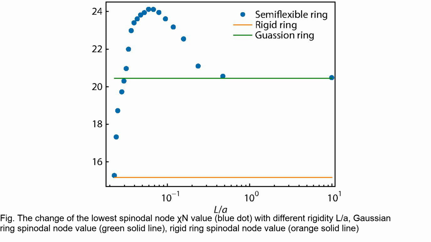As the rigidity approaches infinity, the blue dots converge to the orange solid line, representing the spinodal node of the corresponding rigid ring. The significance of Figure 8 is that it provides insights into the phase behavior and stability limits of the cyclic diblock copolymer system. It shows how the spinodal node, which characterizes the order-disorder transition of the system, changes with the rigidity of the cyclic chain. The graph demonstrates the transition from flexibility to semiflexibility and then to rigidity in the variation of the